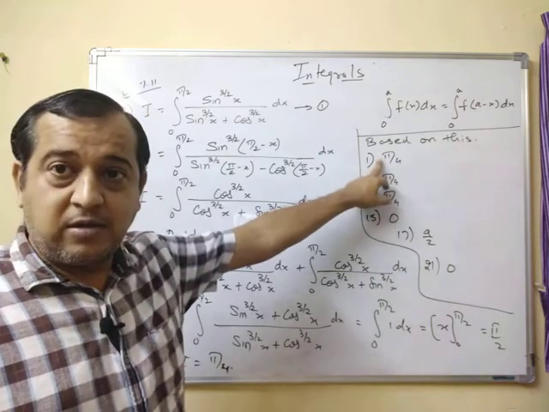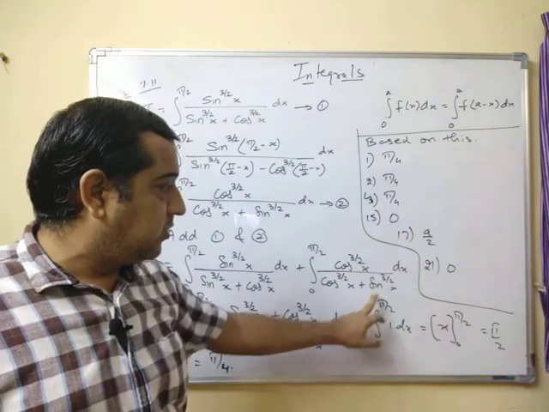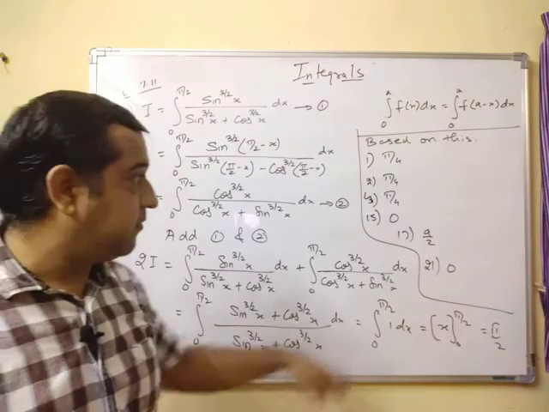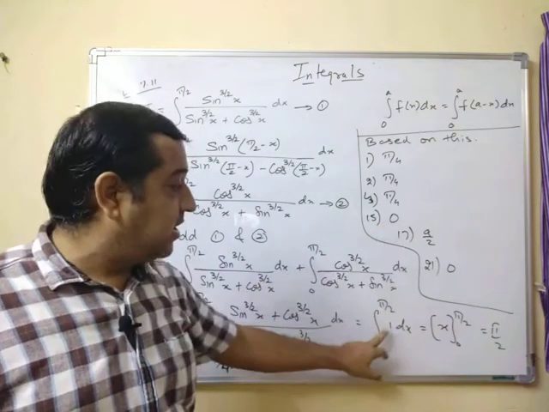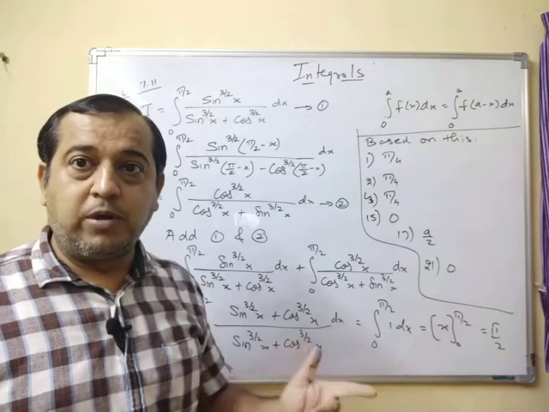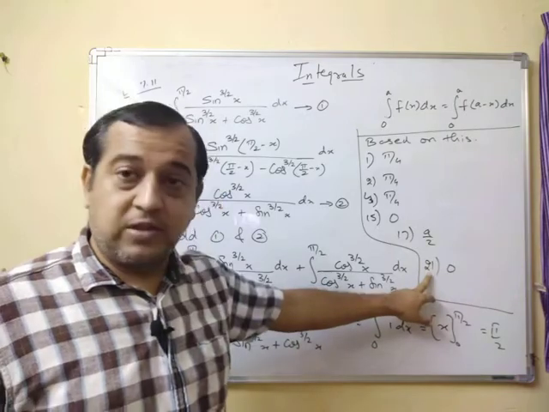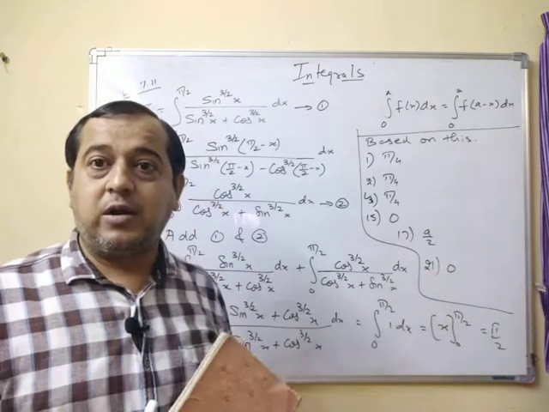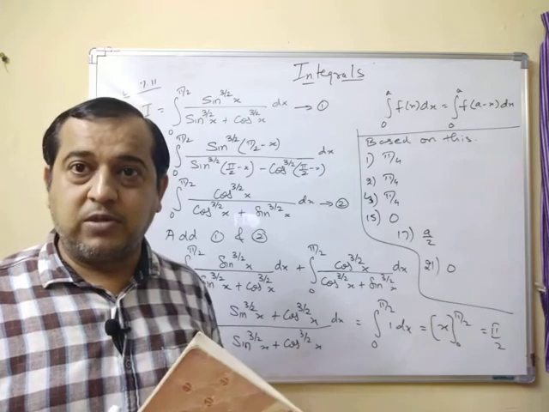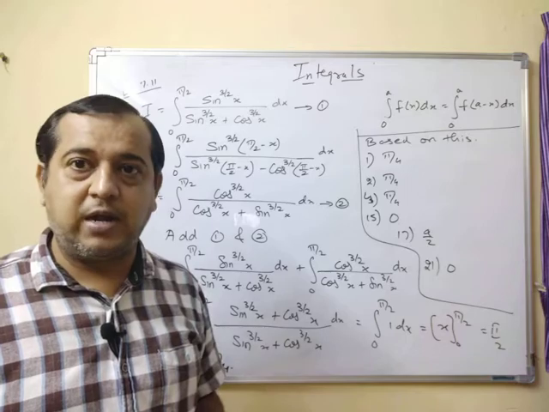When you add here, when you add here, when you add here, you will get integral from 0 to pi by 2, 1 dx, that is the value of 2I. Solving gives you pi by 4. In this case adding gives you 0. Okay, when you add, the numerators will become negatives of each other, the denominator remains same, 0 will come. In this case when you add you will get log of one term plus log of another term, and these terms are reciprocals of each other. Means adding gives you log of 1 and that gives you 0.